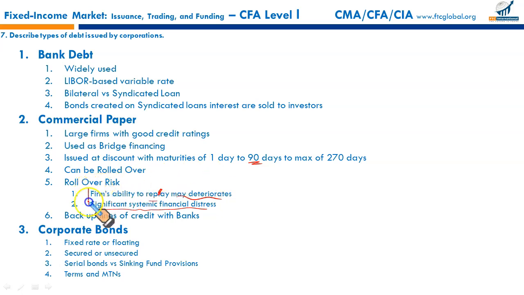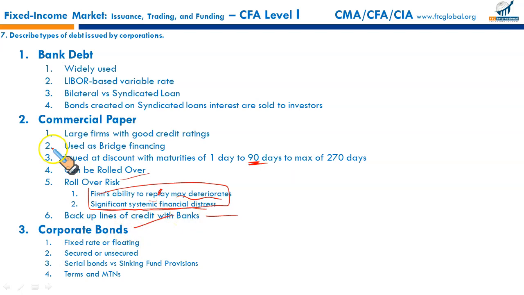So in order to avoid this risk that it couldn't be rolled over, we need to make arrangements with our banker for specific assistance in the form of backup lines of credit. If we are unable to honor the commitment on the due date, then the bankers will come to assist and repay the debt on our behalf. All right, then